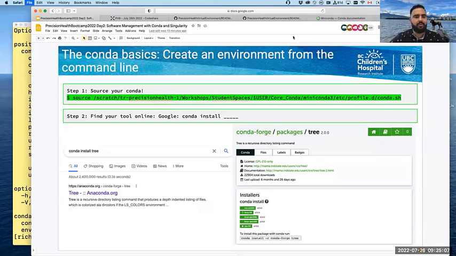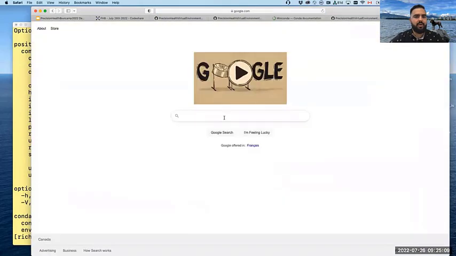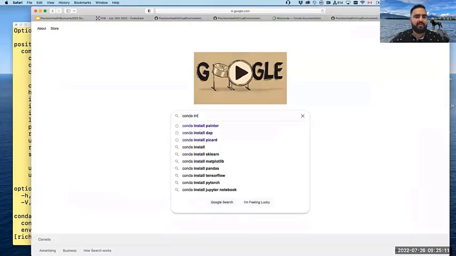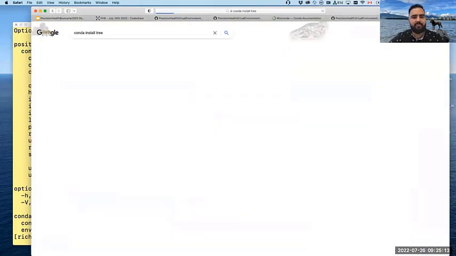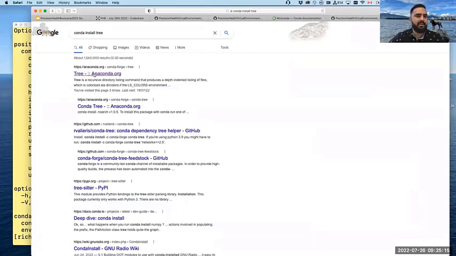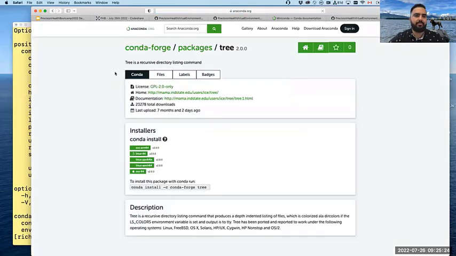So we can go to Google and we can type Conda install Tree. And you're going to want to find, essentially, if your package is in Conda, then it'll have a reference to this anaconda.org. So we click on that. We can see this package has 23,000 total downloads, and you can install it with conda install